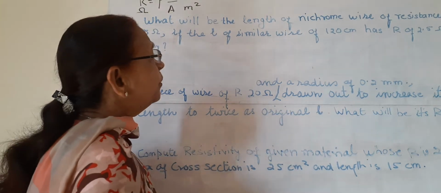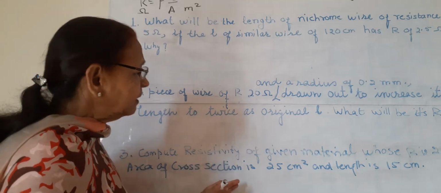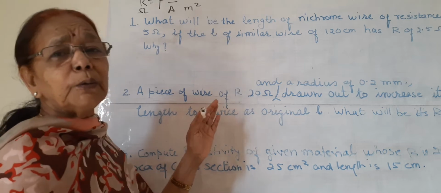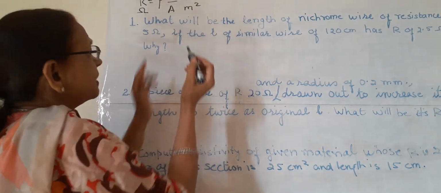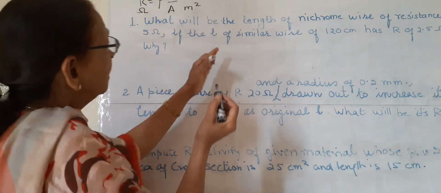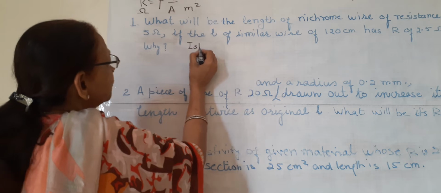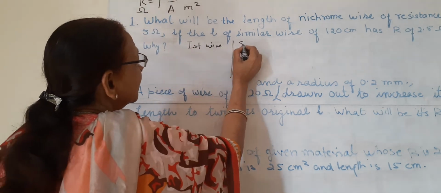So we will start doing these two questions I have given on WhatsApp. This is the new one. I will solve, you watch carefully. First, the formula is the same for all of them. Here two wires are taken. This is the first wire and suppose this is the second wire.